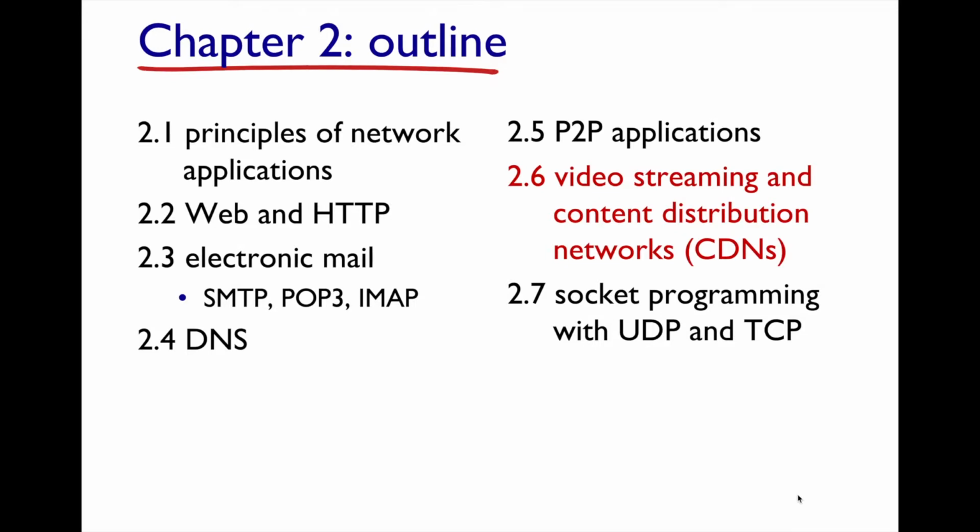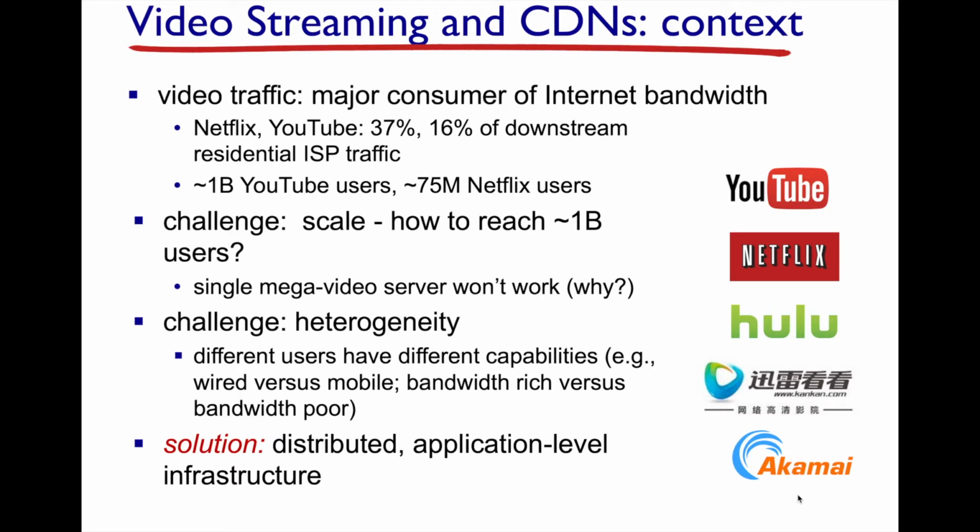So let's look at video streaming and so-called content distribution networks. This is one of the huge wins, if you will, on the internet. There are a lot of internet properties that make a lot of money from video streaming, especially in this new era of people cutting the cord, where instead of broadcast TV, they're subscribing to video streaming services. And so video is a major reason for increased bandwidth consumption on the internet.